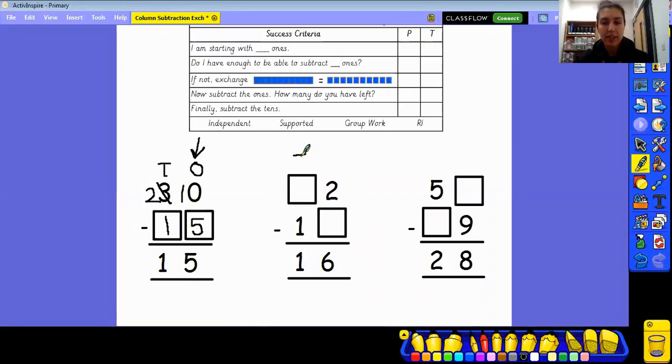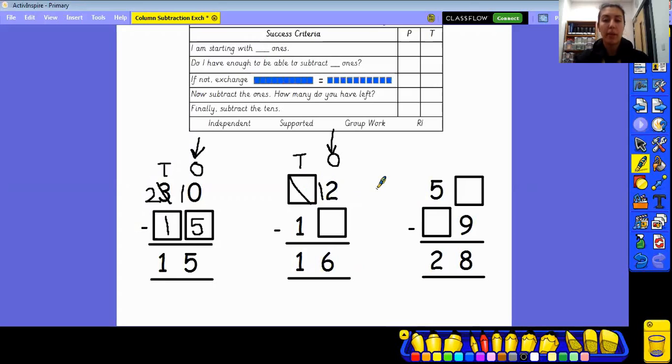I'm going to label my tens and ones column to keep me on track. And I'm going to start over here with my ones. 2, take away something equals 6. Well, that doesn't sound right because 2 is much smaller than 6. So how can I take anything away from 2 and get a bigger number? It's impossible. So that must mean that whatever is here, I take away one of those and add it to